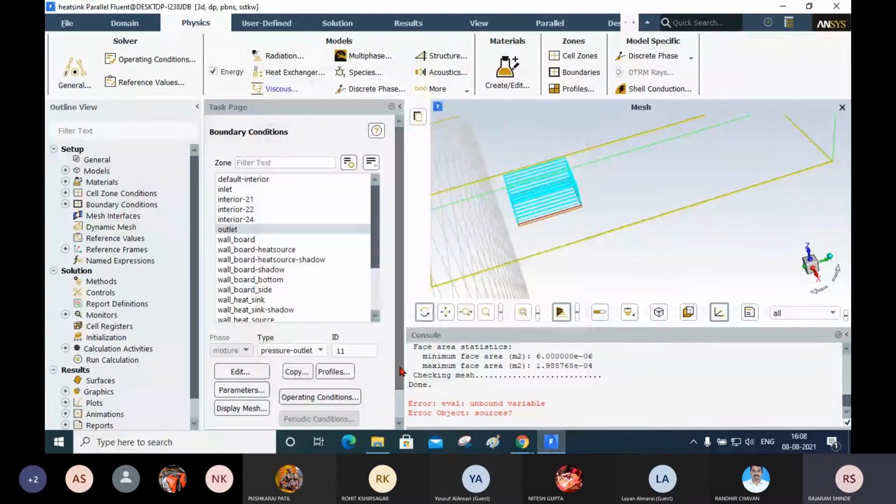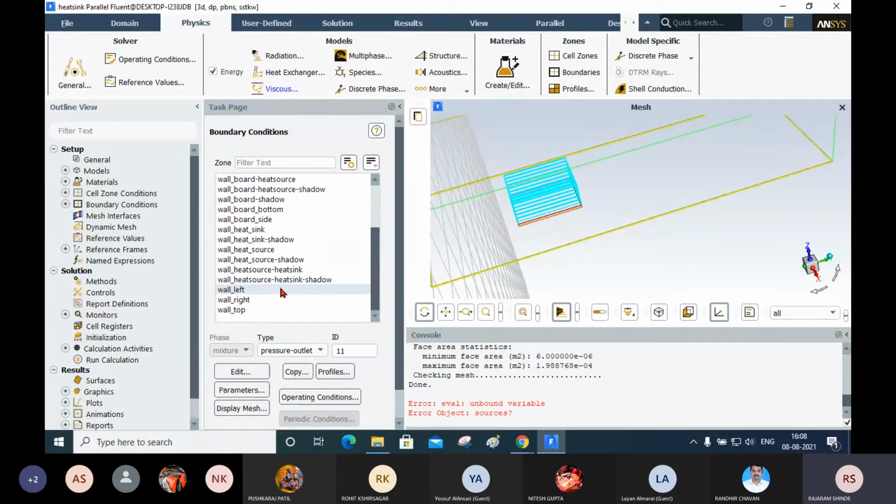After doing this, now I have to apply the boundary conditions on walls. For that purpose, I am going to select this wall left, and this is the wall. Now here I am going to apply the heat flux. So I will click on edit.